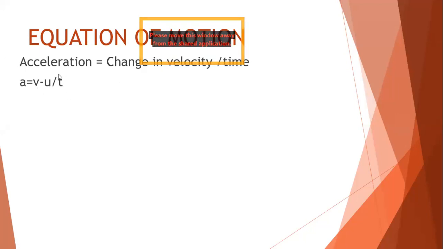Now we will just rearrange these terms. In v minus u by t, the t is in division, so when I shift it to the other side, it goes into multiplication. We get the equation at is equal to v minus u. Please write this down, beta. These derivations are important. You may be asked to derive this equation in your exam. So at is equal to v minus u.